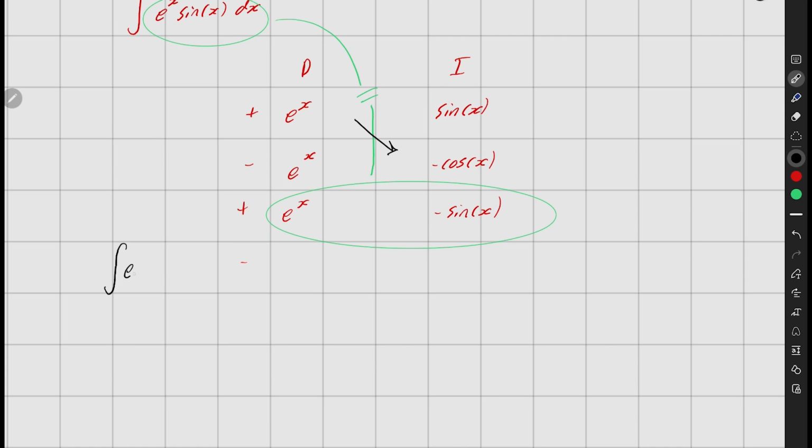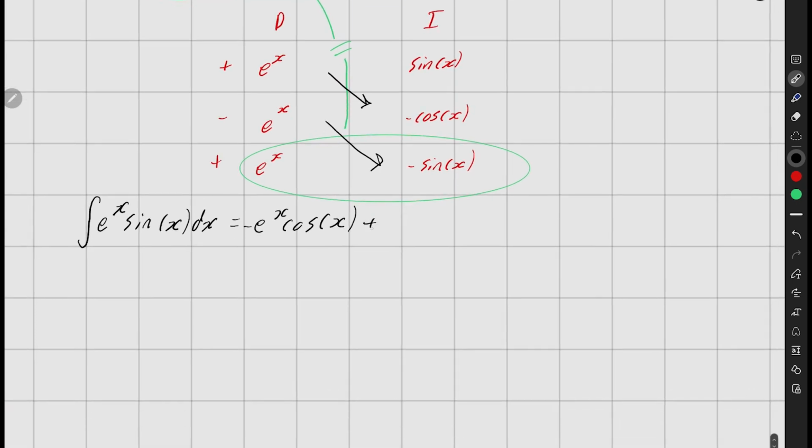This is going to be the integral of e to the x sine of x dx equals, now we're going to start, that's going to be e to the x, negative e to the x cos x, minus e to the x times minus sine, plus e to the x sine of x,